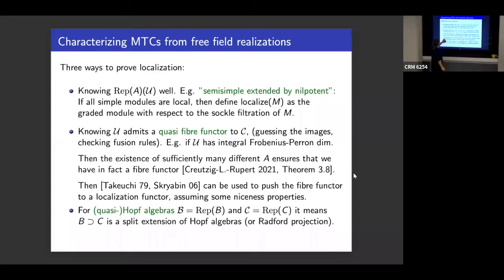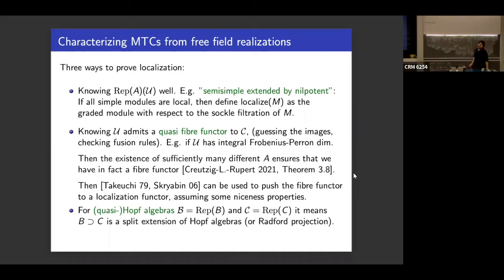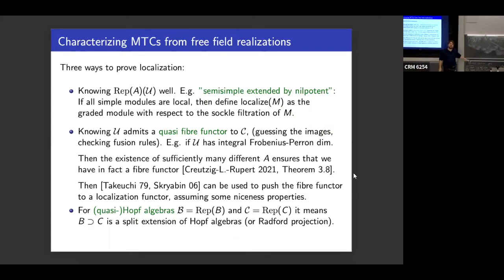And then you can use old work by Takeuchi and Scriabin to push this fiber functor that you have here to a fiber functor here. And I have to say, I only know this for Hopf algebras, so more or less we can use this if we know all these categories are categories of Hopf algebras, which we know in the triplet case, but I don't know in any way how this looks for arbitrary categories. So there should be some theory like Takeuchi theory, which I think is very, very important. In Hopf algebras, we need this for a lot of deep theorems, and I do not have any idea in this context how to do it.